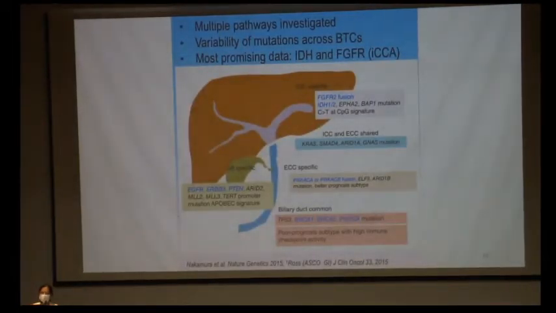So this shows some of the mutations they have found. In intrahepatic, these are the most common: FGFR2 fusion, IDH1/2. In extrahepatic, PRKACA, PRKACB, followed by ELF3, ARID1B, and these are common to both these variants: KRAS, SMAD4, ARID1A and GNAS mutation. And as we can see here, BRCA1 and 2 is also found, as we have targeted treatments for this, which have already been used for breast cancer.